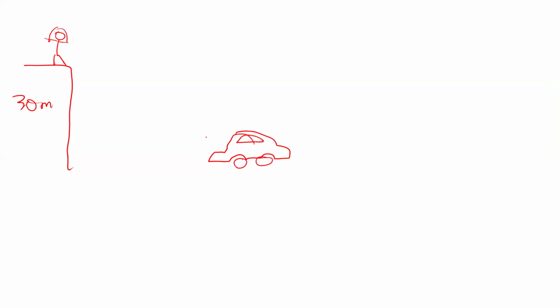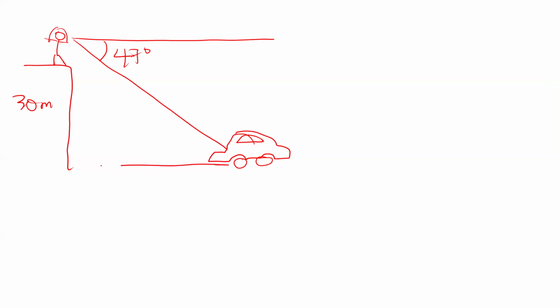And then the angle of depression with respect to the horizontal line of Julia is 47 degrees, right? So that's 47 degrees. And we want to know the distance from the cliff to the car. So this is the unknown value. So this is similar to our first problem. And just a correction,